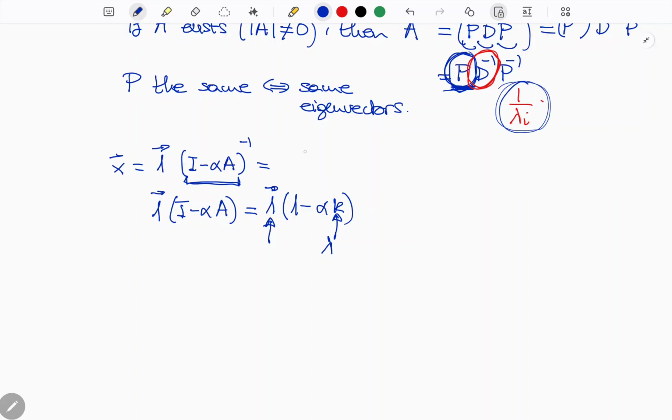So this is going to be 1 over (1 minus alpha K) times 1. Okay, that's it. So the point is that this result is also going to be proportional to 1, because this is a constant which is going to be the same for all the components of this vector. So in the end we have that the Katz centrality is homogeneous